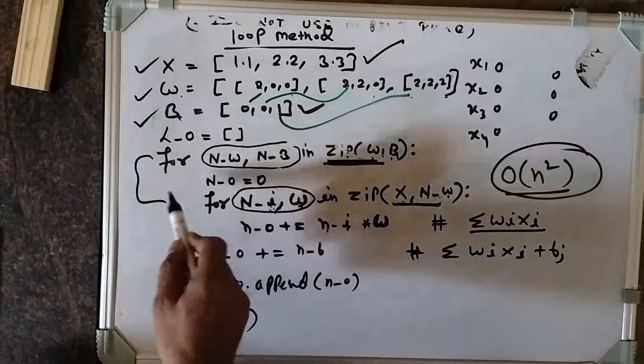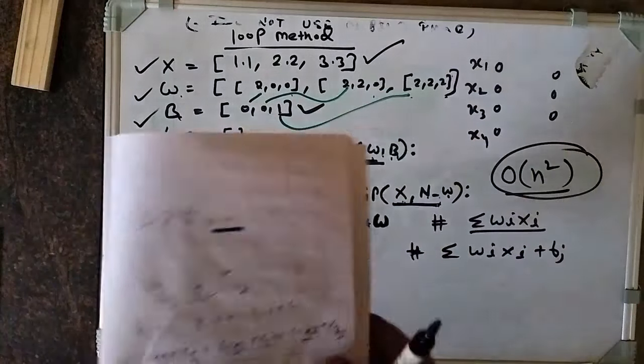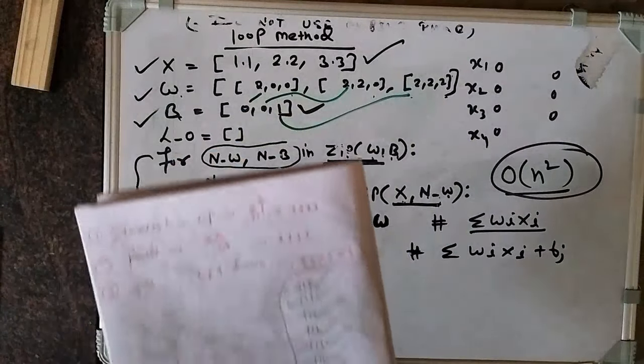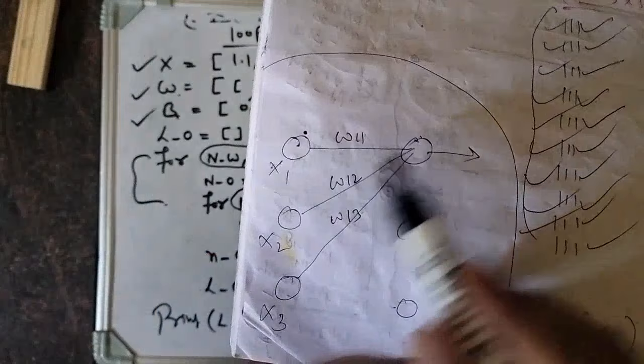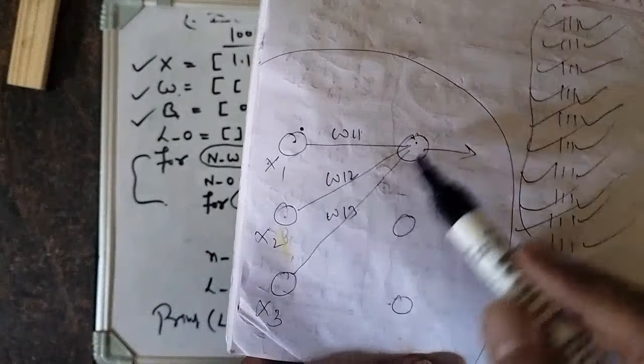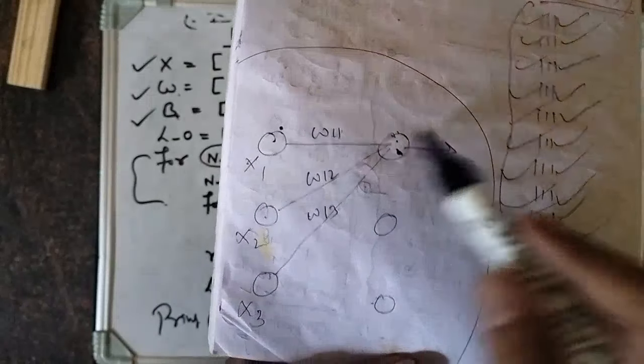There are total number of 2 for loops. This is very important to understand the time complexity. Without learning the time complexity, it is impossible to understand. And if you are still not able to understand, you can see x1, x2, x3. They are associated with this, associated with this, associated with this one. Okay, easily you can understand.